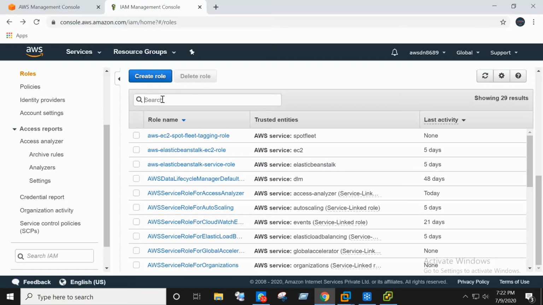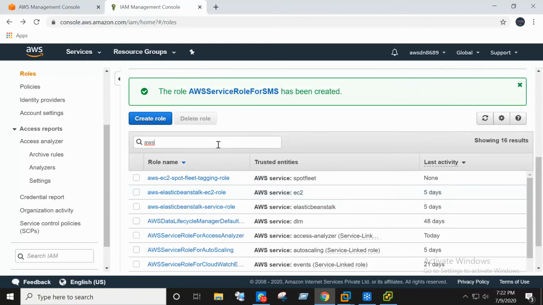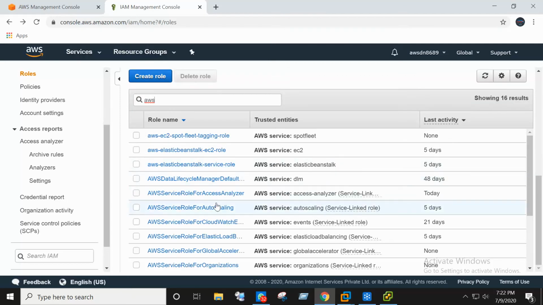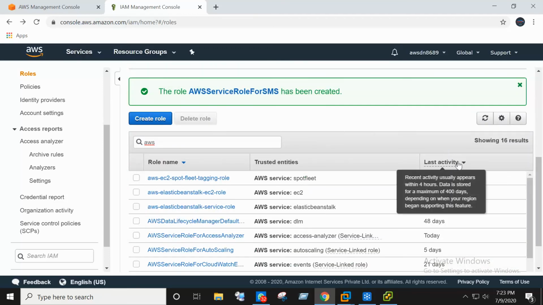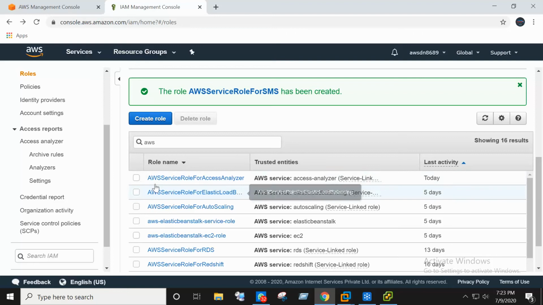How to find the role? This is the entry that will be available for us, created just today: the AWS service role.